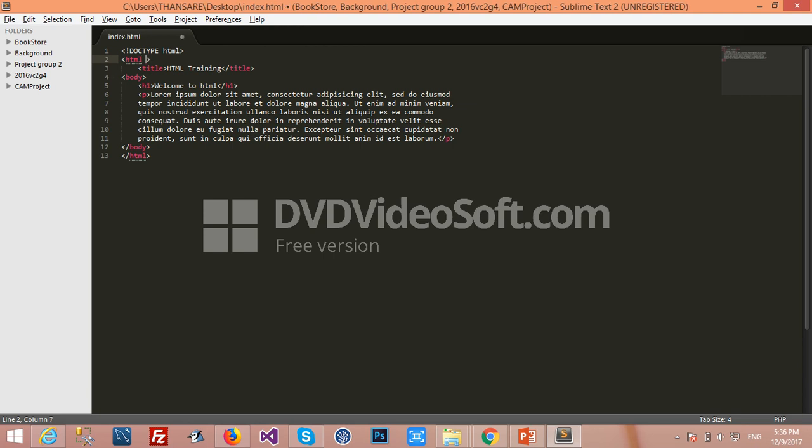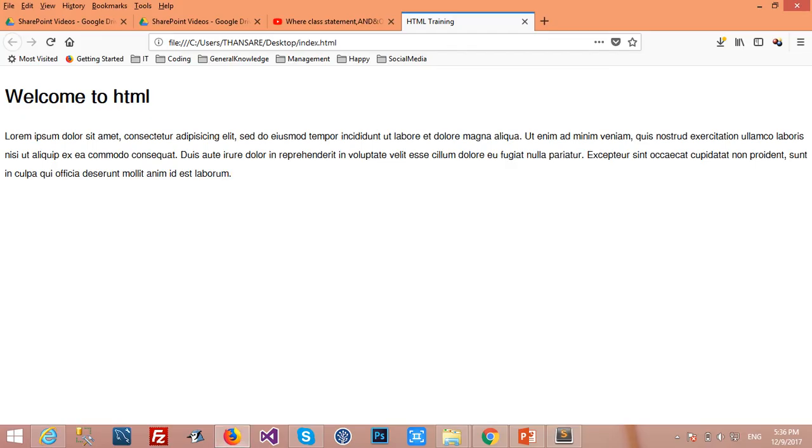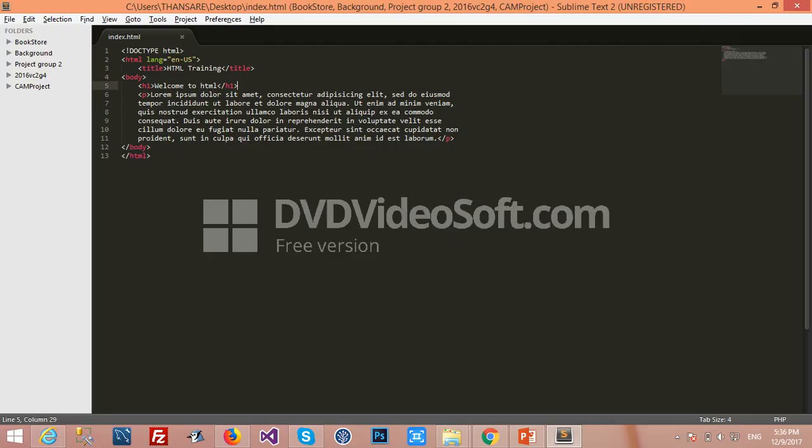Lang equals en-US. Mostly lang has more than one type, but I don't show you yet about the types of lang. Okay, now we execute again. We execute our command. Okay, executed. It is the same. Nothing changes, but when we write the code for long, it is very important because the lang